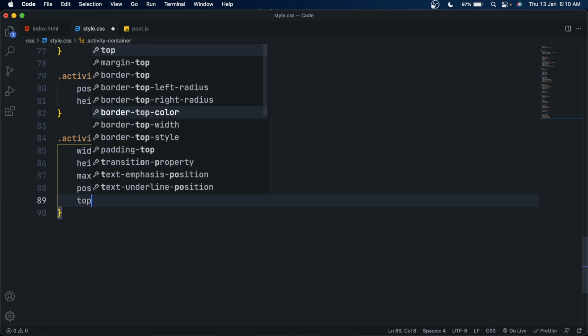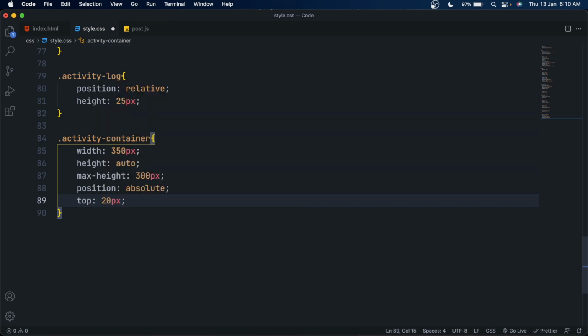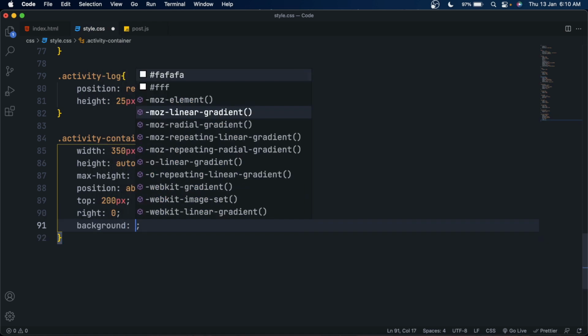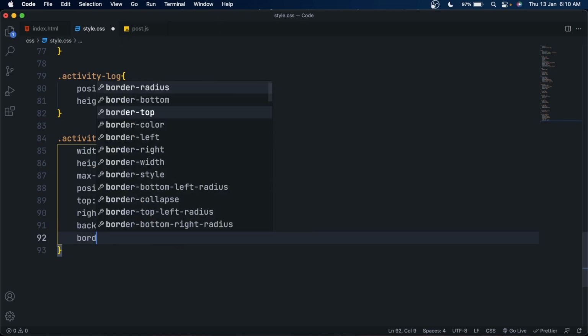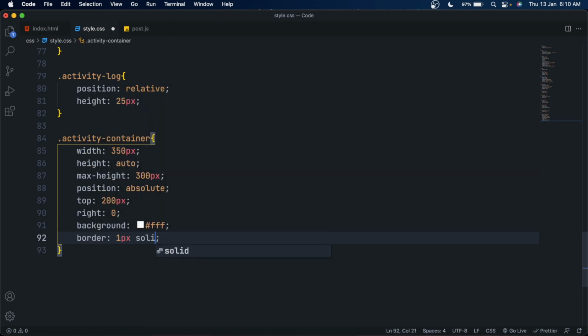And also set its position to absolute, and to make it below the navbar set its top property to 200%, not pixel here, 200%. And set its property right to 0 to make it on the right side. And you can give a white background to it with the border of 1 pixel solid dark gray.